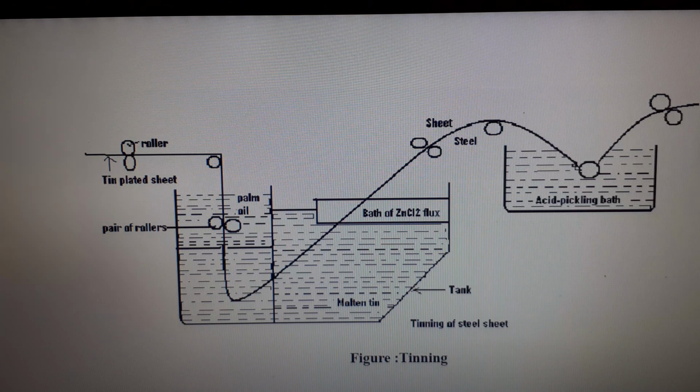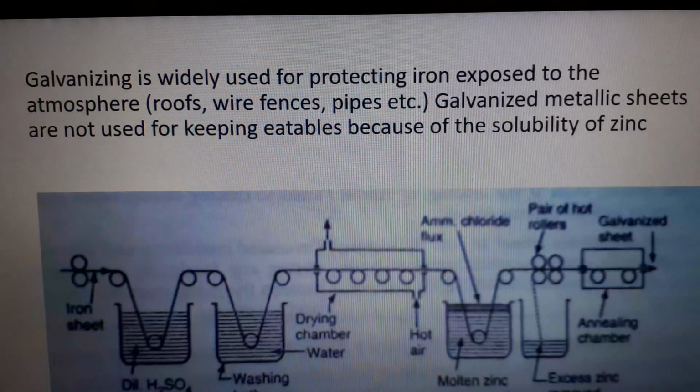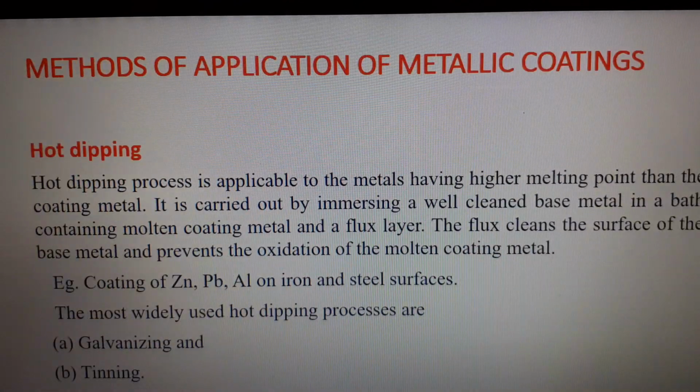So if you compare the difference between galvanizing and tinning, the basic difference is that galvanizing is a process of covering iron or steel with a thin coat of zinc to prevent it from further rusting, whereas tinning is a process of covering steel with a thin coat of tin to prevent it from further corrosion. Zinc protects the base metal. Zinc protects the